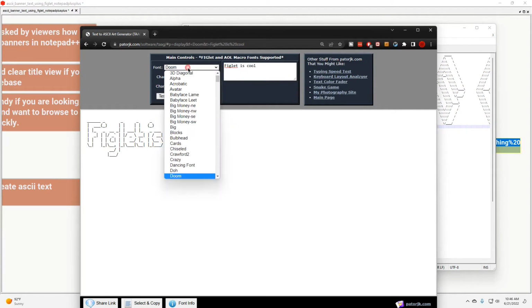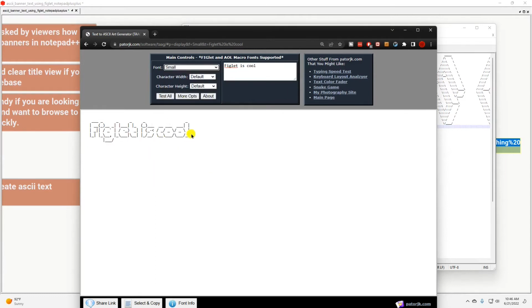There are also small ones, if you don't like a really big one, then you can make it much smaller also, and so on. This will also allow you to add multiple lines. So for example, here is how to use it, and you can see it is creating these ASCII text banners